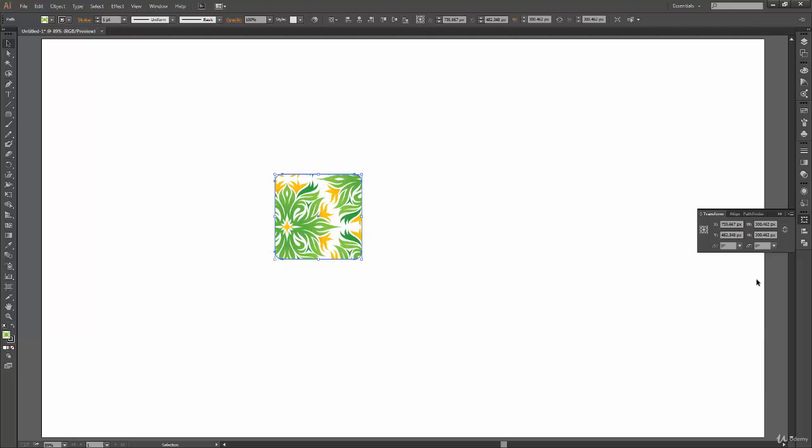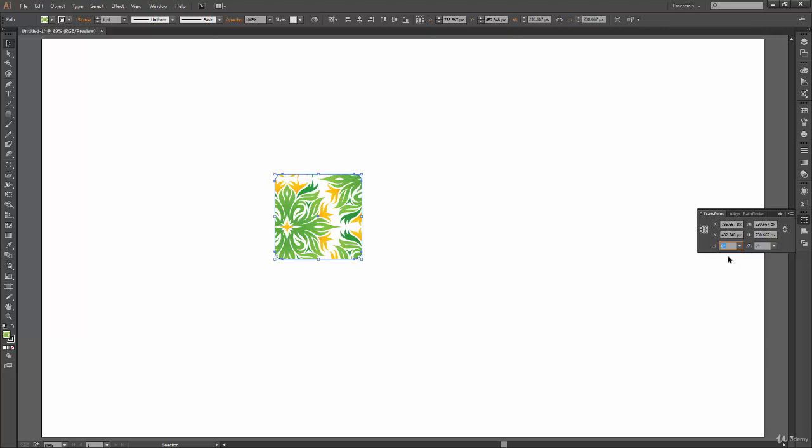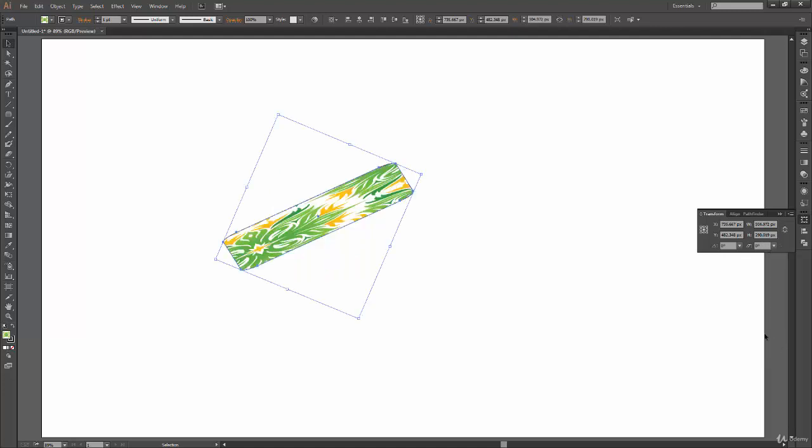You can select any of these values and it will rotate your object at that angle, or you can click on this and you can type your own values, let's say 67 degree, and press enter to have your values reflected. And next to it you have this shear drop down. So from here if you select any value, it will shear your object based on that value.